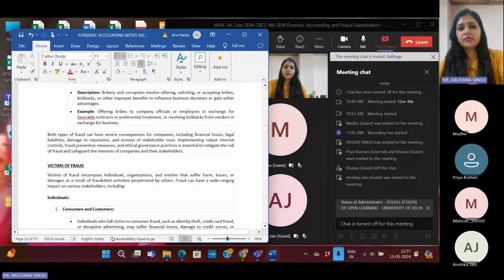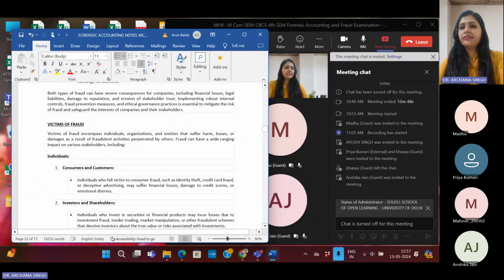Now the last topic is victims of fraud. Who are the basic victims, or who are the survivors, sorry, victims, those persons who are facing these frauds, basically those who will be affected by these frauds. They may be a company, they may be individual persons, they may be the board of directors, whoever is particularly affected by fraud. Okay, who are the victims? So victims of fraud encompasses individuals, organizations, and entities that suffer harm, losses, and damages because of these fraudulent activities done